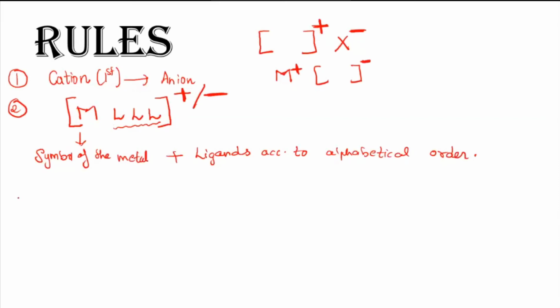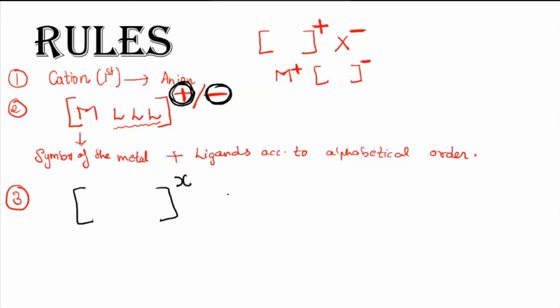Now going to the next rule. Once this is done, you need to find the charge present on the coordination sphere. The charge carried by this coordination sphere could be +1, +2, +3, different charges, and even negative here. So that has to be found out, and I will tell you how to find it exactly. Once you find what charge that coordination sphere carries, let me take that as X.